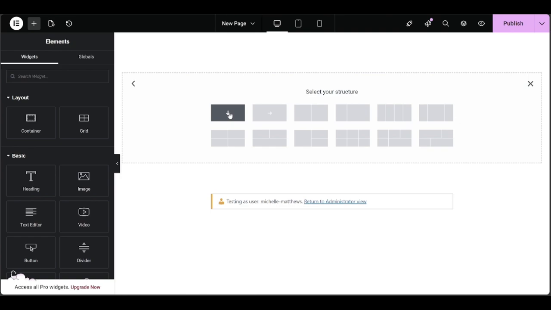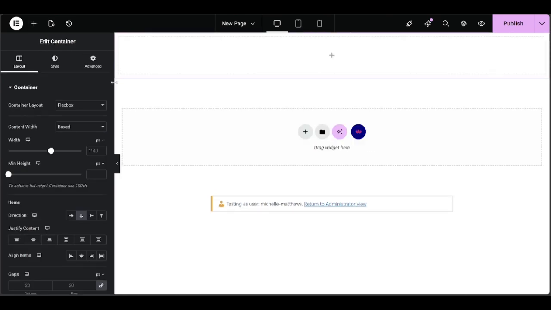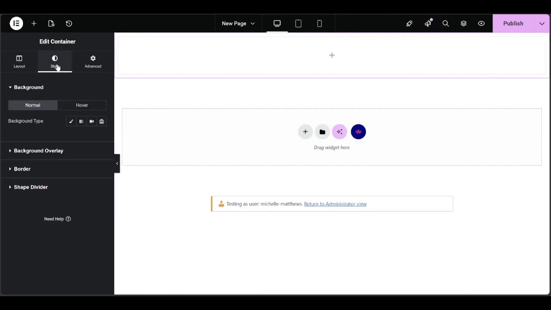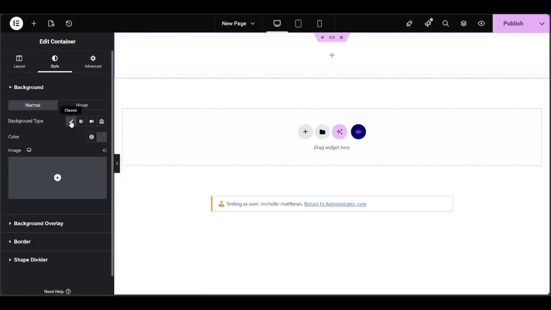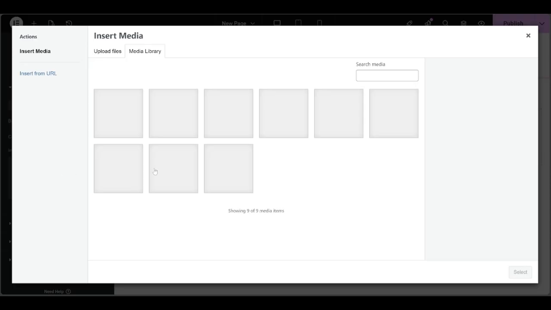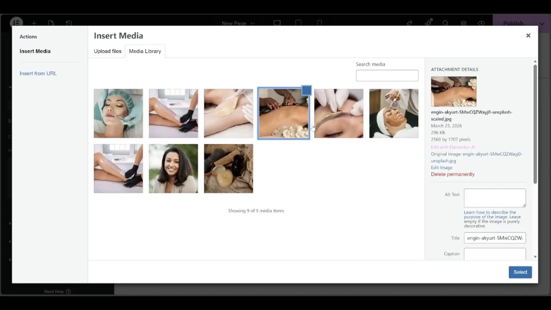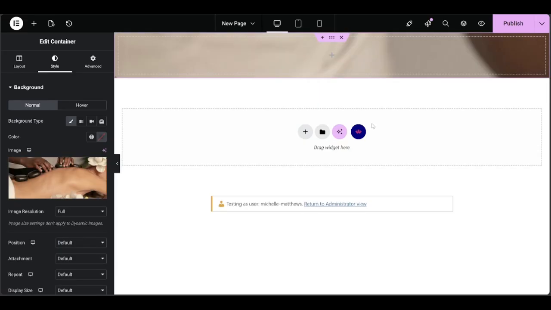Let's keep it simple. Let's say you're going to do a simple container right here, and let's say that you want to give it a background image. You're just going to go over here to the style, and you see right here for the containers, underneath the style type, you have this thing called background type. Underneath the classic is where you will see the image. Let's just drop in an image. Say we want this image right here,